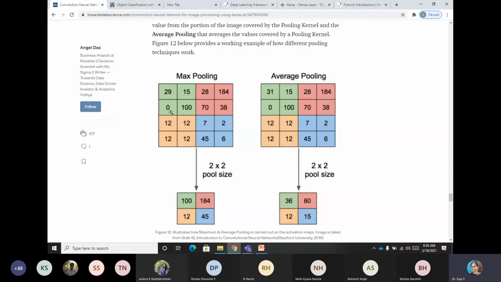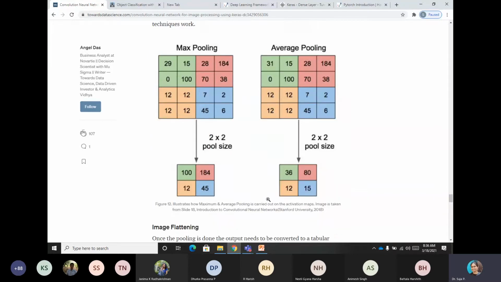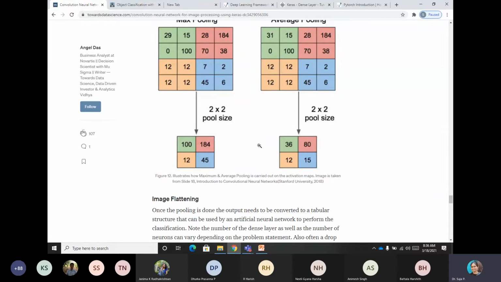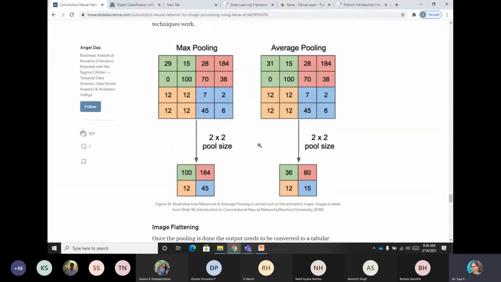So if 0 is there, the 0 will not be taken to the next level. In case of average pooling, the average of these 4 elements will go here, so that the 0 also will not take a significant entry into the next level. So that is how the size reduces, and we call this downsampling. The 4 cross 4 becomes 2 cross 2.